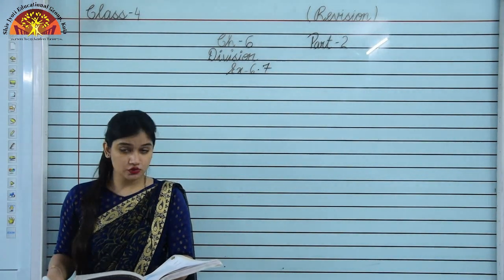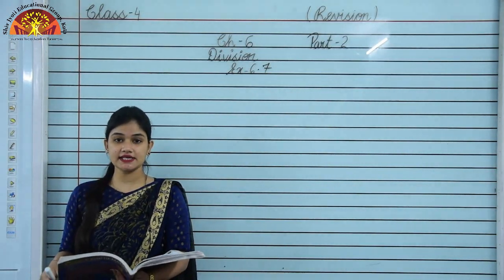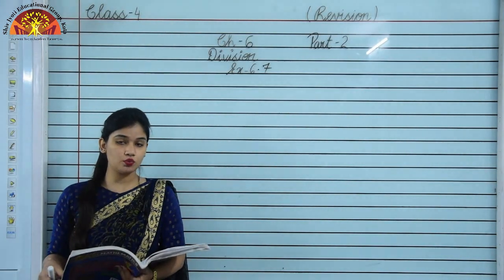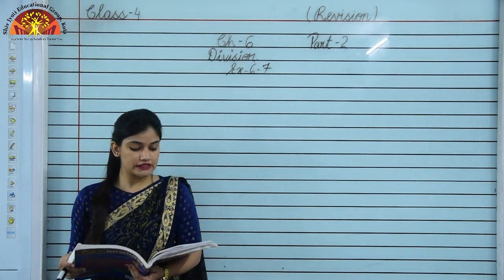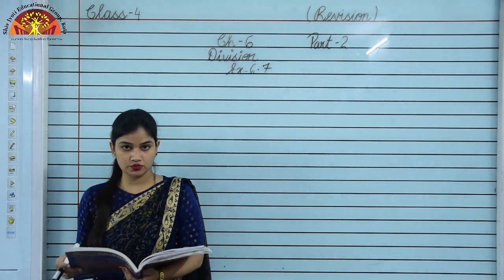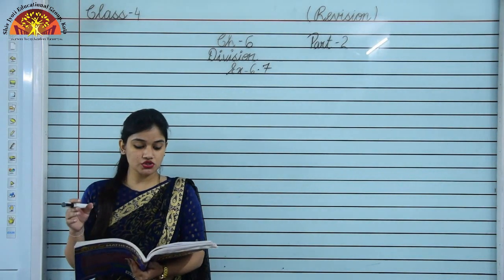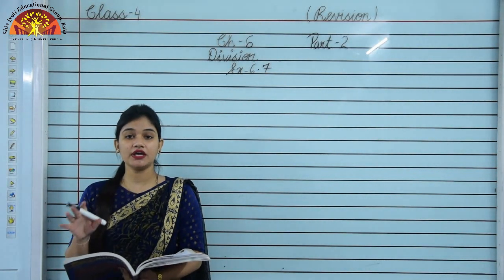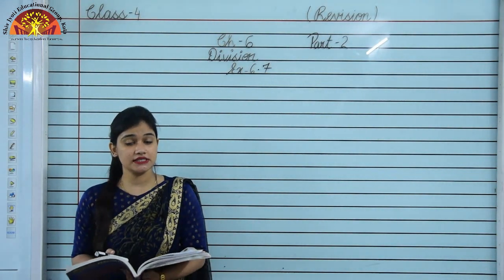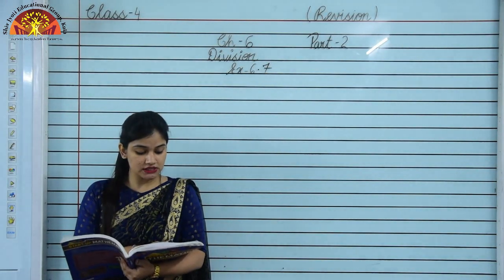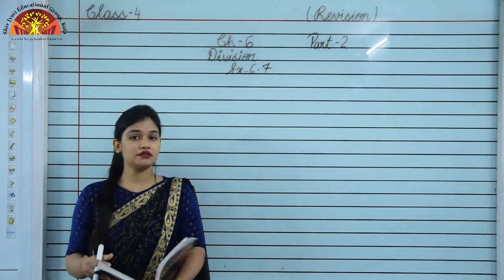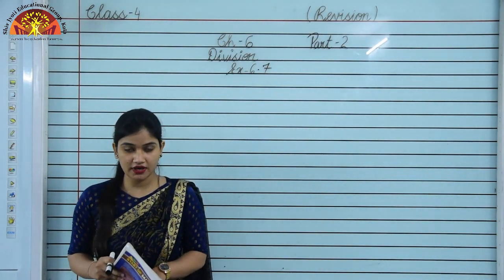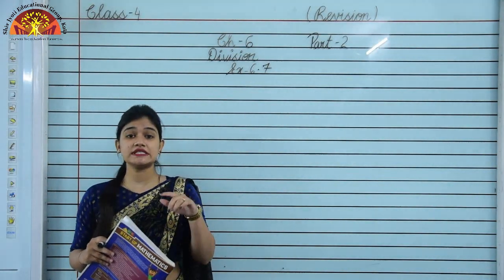So now students, open page number 84, exercise 6.7, and we are taking question number 3. And question number 3 is the cost of 4 liter milk is rupees 120. And what is the cost of 6 liter milk? So we have to find the cost of 6 liter milk, and the given quantity is the cost of 4 liter milk. 4 liter milk का जो cost है वो हमें question में given है, and we have to find the cost of 6 liter milk.